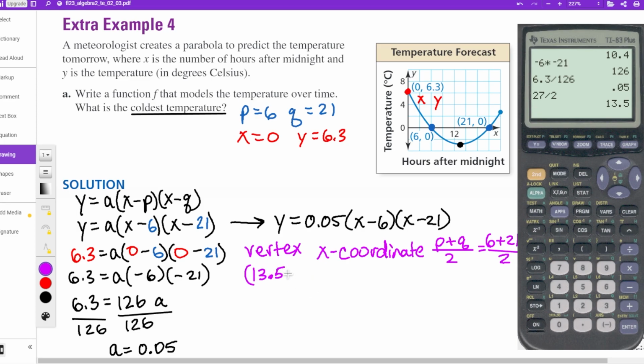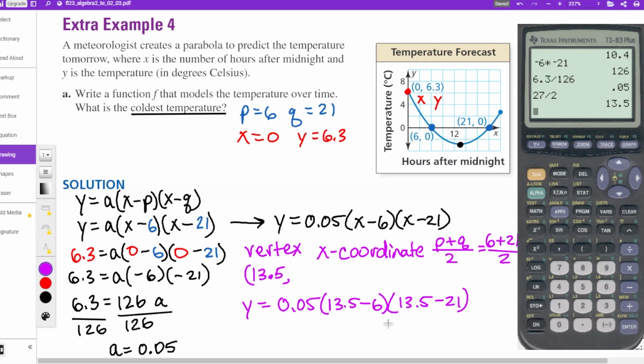So we know the x-coordinate, 13.5 hours after midnight, so that is 1:30 p.m. And now to figure out the y-coordinate, we plug in the x-coordinate into our equation here. So now y equals